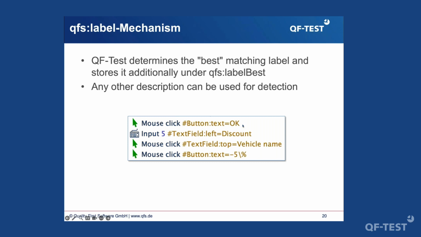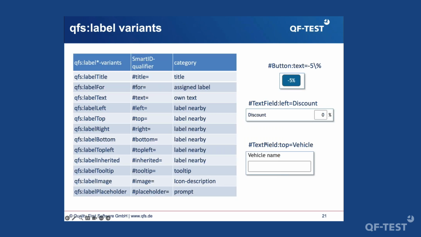Also up here, button text equals okay, would be just the text on the button. But I can also say I want to address a text field, and the text field should have, on the left side, discount. Or I want to address a text field which has a label on top of it with the label vehicle name. This would also work,